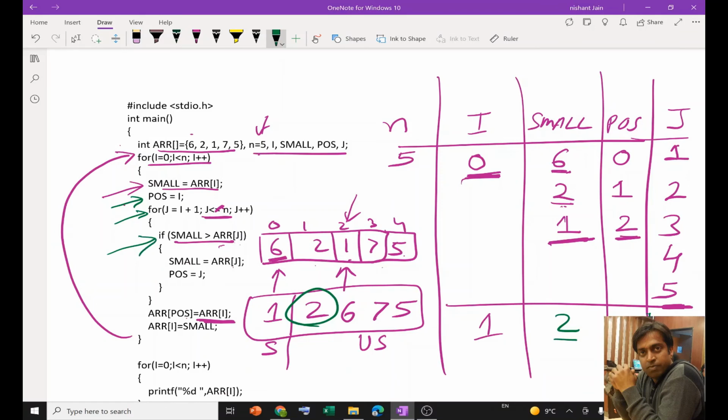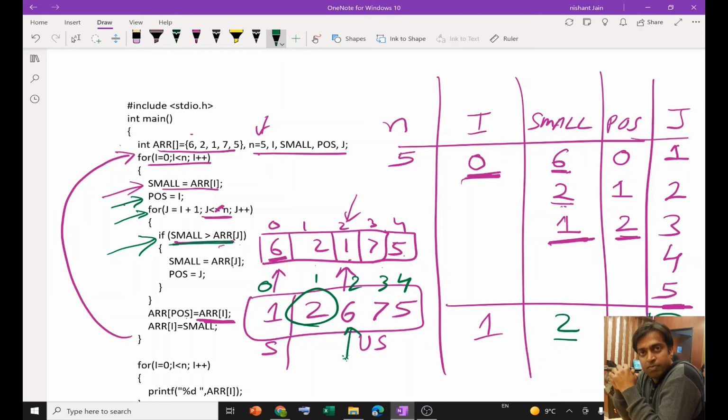Now small is 2, array j is array 2, meaning I am talking about this particular value, right? This is position 2, 3, 4, 1, 0, right? So I am talking about this particular array j, which is this 6.